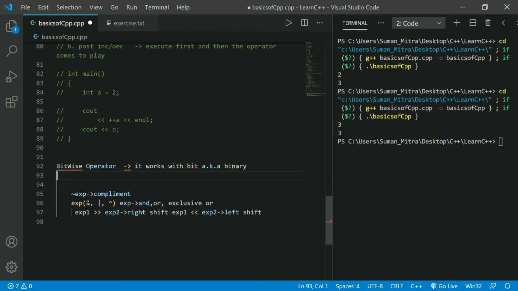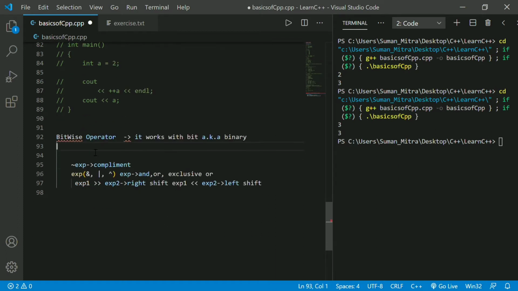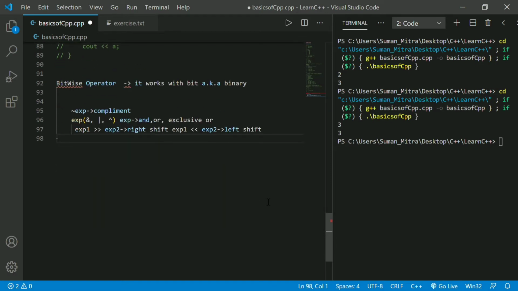So let's talk about today's topic. There are operators for the binary type also. We have different types, like the complement, the bitwise complement. If you take an expression, we can do the AND operator or exclusive OR, and we can do left shift and right shift. Today we'll mainly talk about left shift and right shift because it's very important for academics and for you to know, as you'll use it very much later on. So let's talk about left shift and right shift.